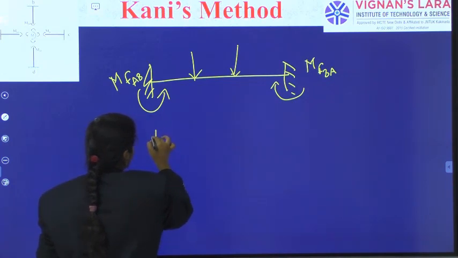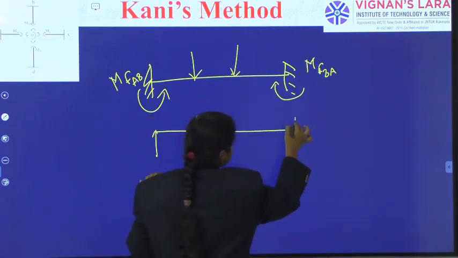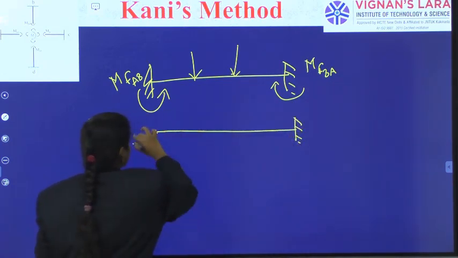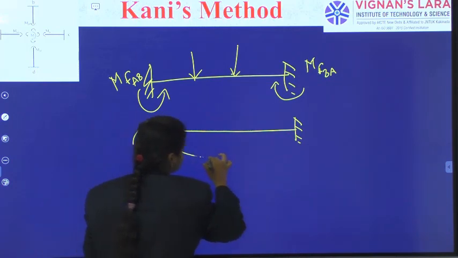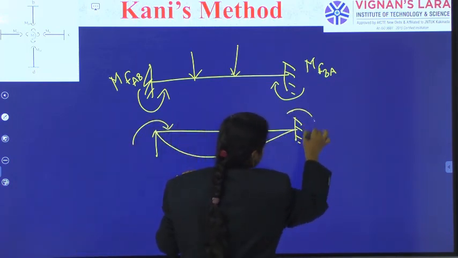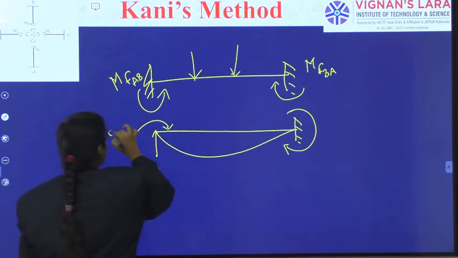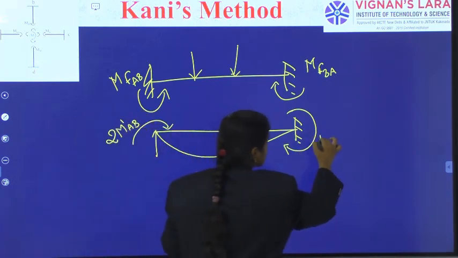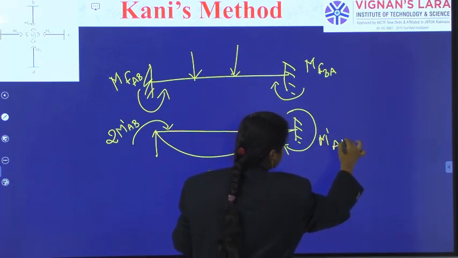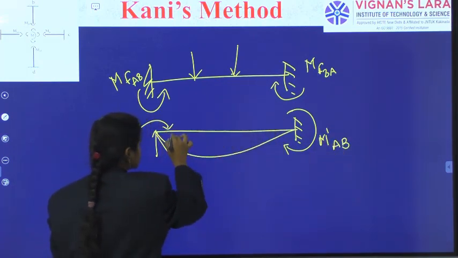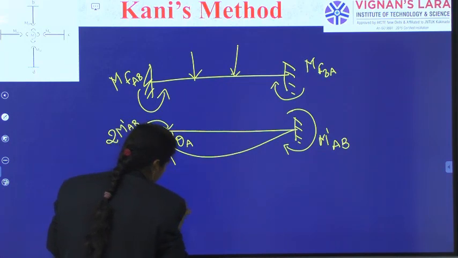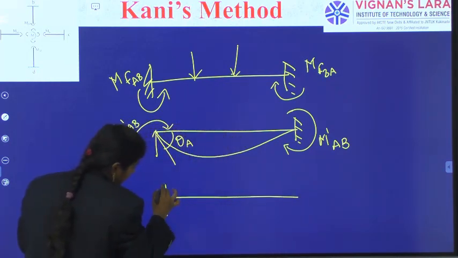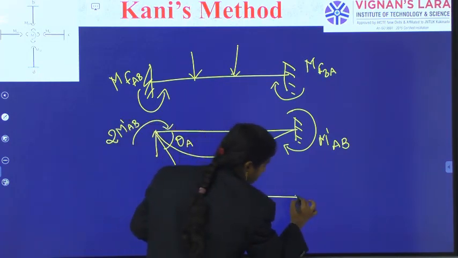And then releasing the end A and causing a moment, and it is inducing a moment. Here we have applied 2 times m dash AB and induced m dash AB here, and it has given us theta A. And then we kept A end fixed and released the B end,